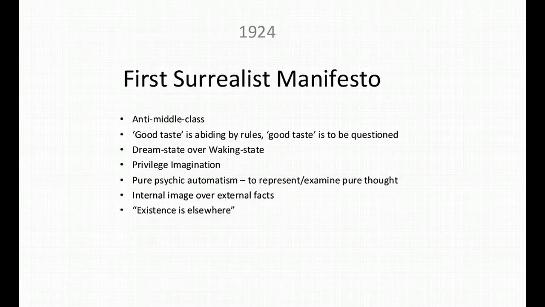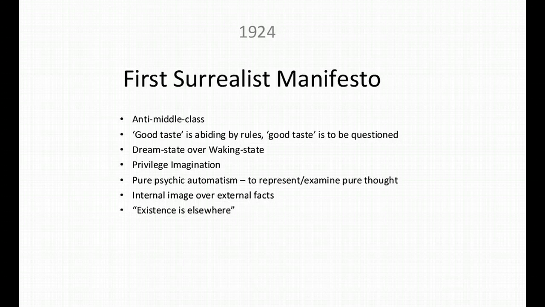Now, I said in 1924 that was kind of the breakout year for the Surrealists. That's the year that André Breton penned the first Surrealist manifesto. So after the success of Futurism on the heels of its manifesto published in Le Figaro, a lot of artistic groups realized that they could get a little bit of attention by writing manifestos. The most successful of these second-generation manifestos comes from the Surrealists. And really, simply, this is what that manifesto breaks down as.